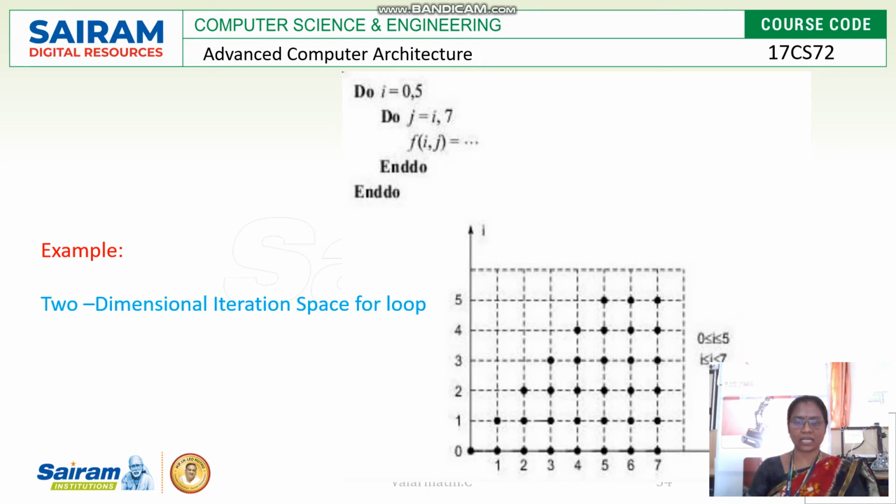How is the diagram drawn? Here i is drawn in the horizontal position, and j is drawn vertically, that means on the y axis. For each value of i and j, the functionality is carried out, which is mentioned as a dark circle. When i equals 0, j is also 0. When i equals 1, j is also 1. Likewise it will continue up to 5. When i reaches 5, j will be 5. After that, i cannot be incremented because the upper limit of i is only 5.